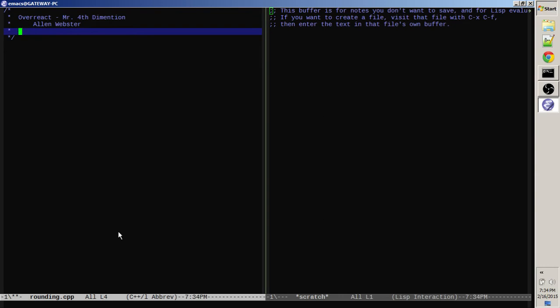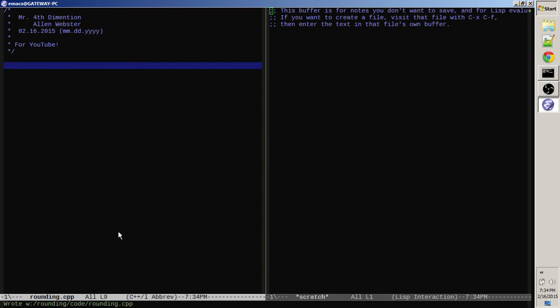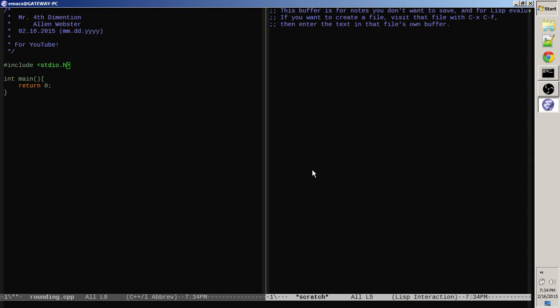Let's see, today is 2/16/2015. Alright, so let's get a little test system set up here. This is going to be a pretty simple situation. So what we're going to mess with is rounding the floating points,